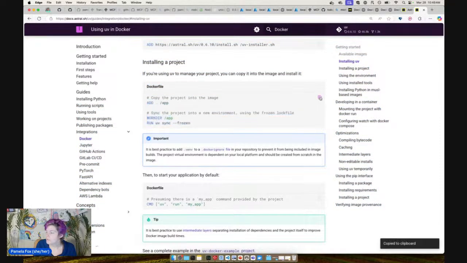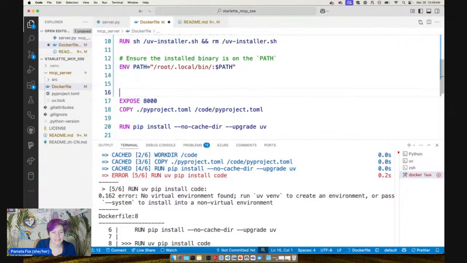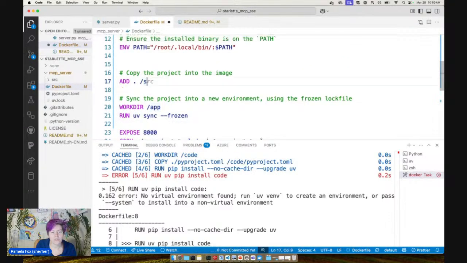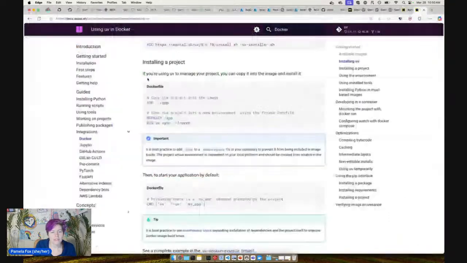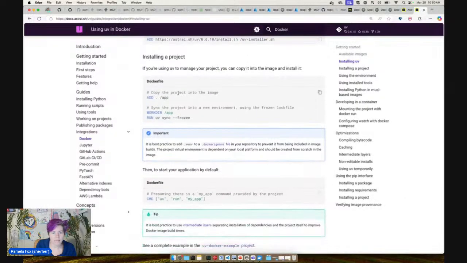Okay. Oh, this is what John was mentioning, to do UV sync. All right. I don't think I've ever used UV sync before, but I believe you. Okay. So let's see. So we're going to add app. In this case, it's going to be add source, or just add the current folder, copy the project into